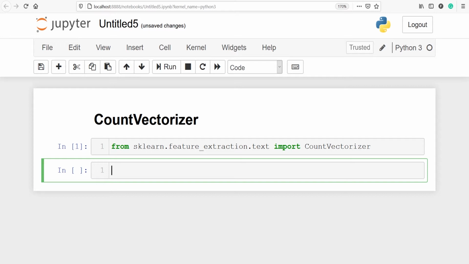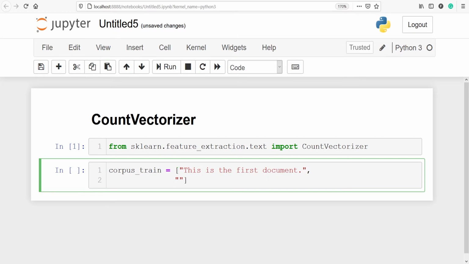I'll make one variable corpus_train. This is going to be a Python list. Inside this, I will save 4 sentences. This is the first document. This document is the second document.